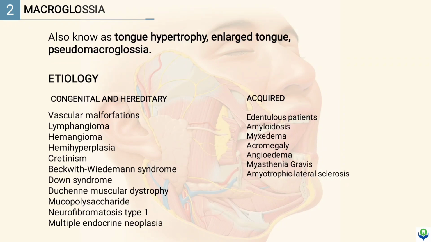Macroglossia. Macroglossia is also known as tongue hypertrophy, enlarged tongue, and pseudomacroglossia. Etiology. The causes for macroglossia can be divided into congenital, hereditary, and acquired. The congenital causes for macroglossia are vascular malformations, lymphangioma, hemangioma,